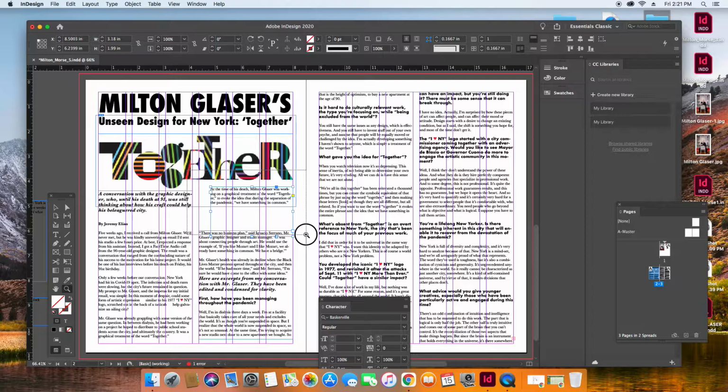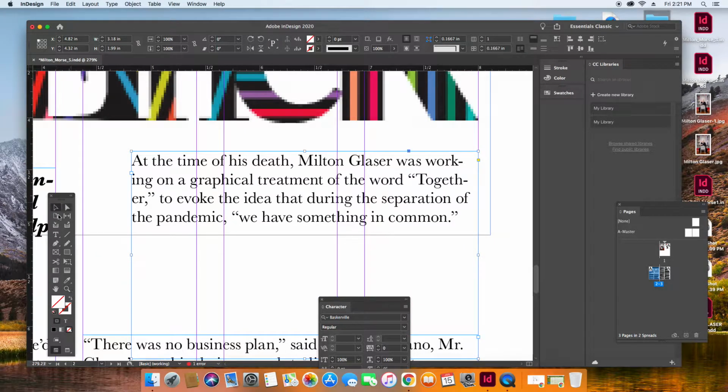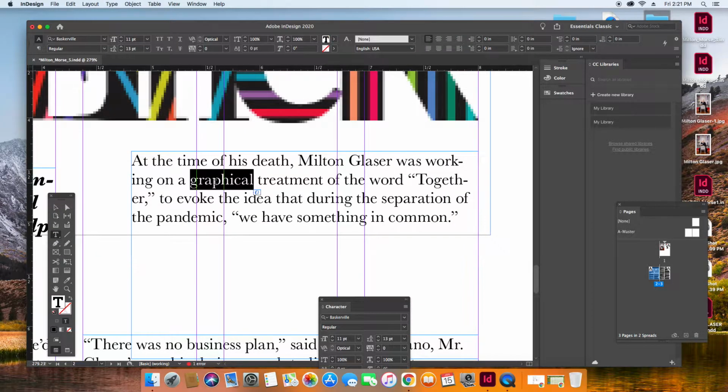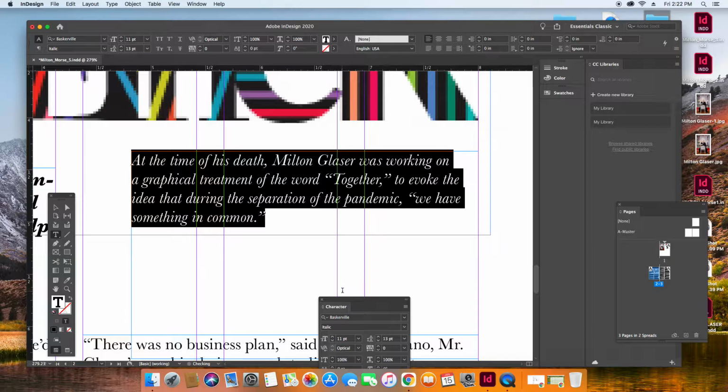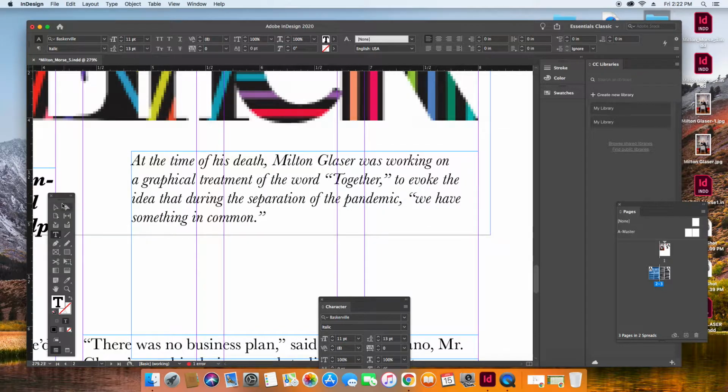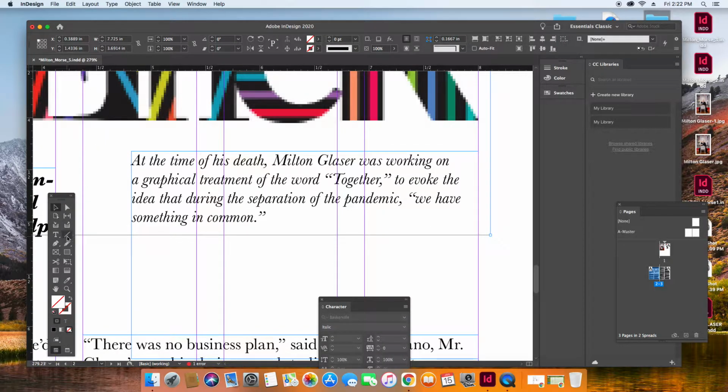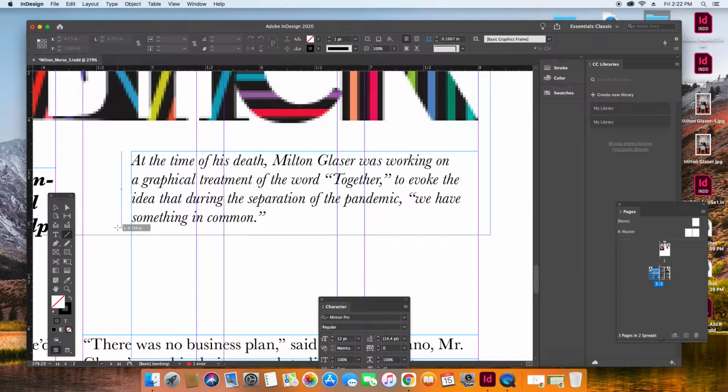So I'm going to zoom in, and I think all I want to do for these captions is italics. Yeah. So say I want to make a little rule, I can grab this tool, drag it,